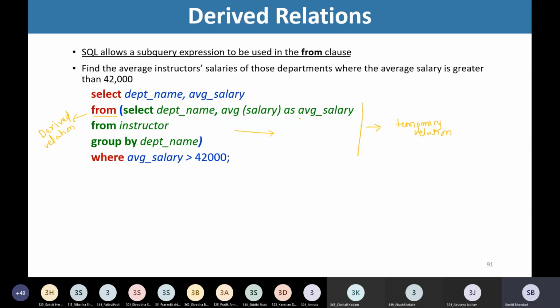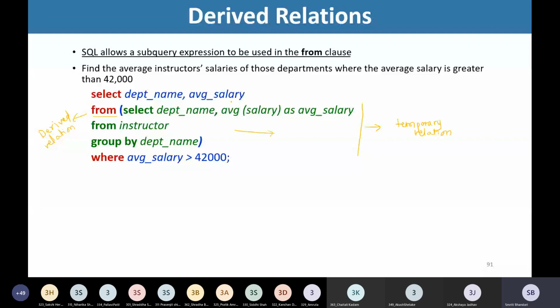Now, I'm trying to make use of this average salary column of the derived relation directly. So here in the outer query, I'm writing select department name, comma, average salary from this relation from which I'm extracting this data, where.